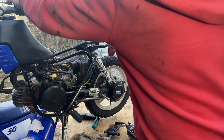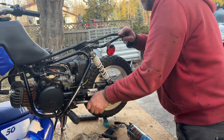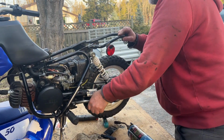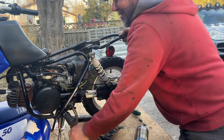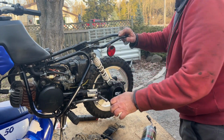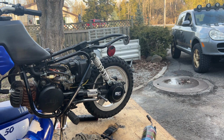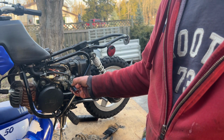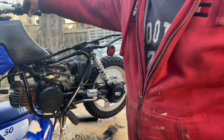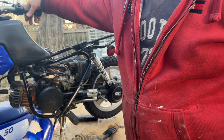Let's see if we can start it up again. Start. Hey, come on. Let's not be like this. I thought we were friends. That over oily mixture is not going to ignite extremely well. Throttle's a little low. Again, on start, that's all it will rev. I'm giving it full throttle. On run,